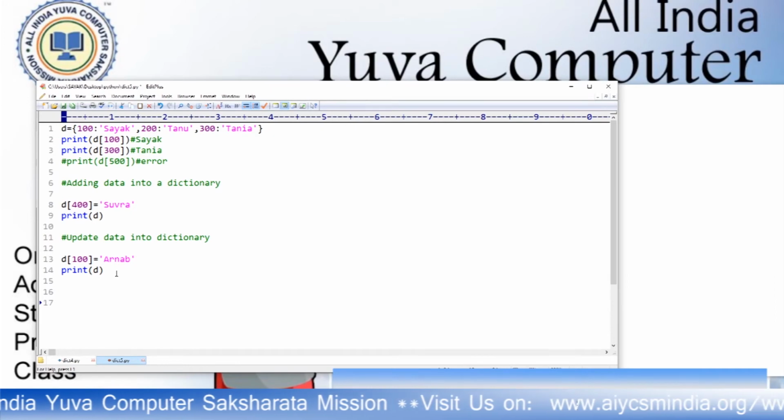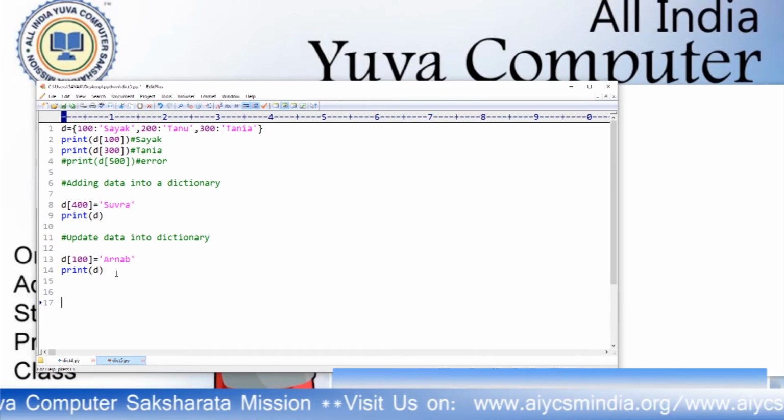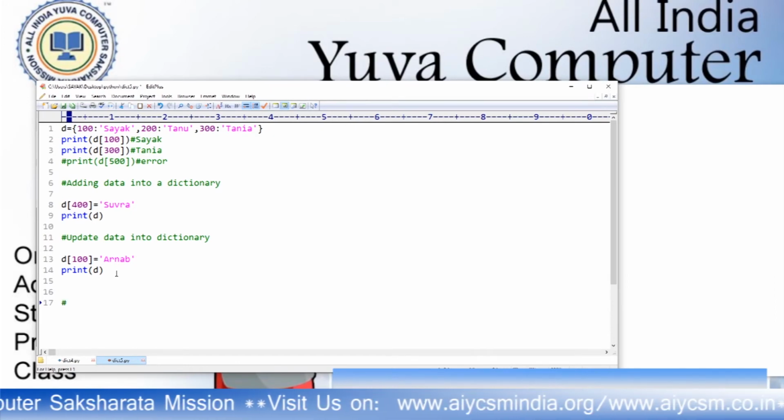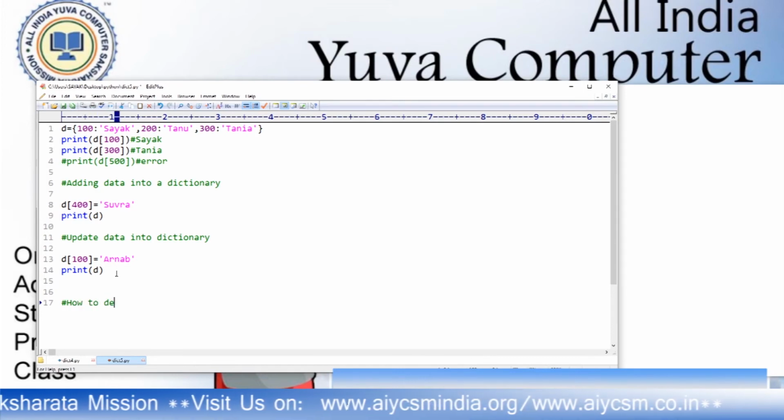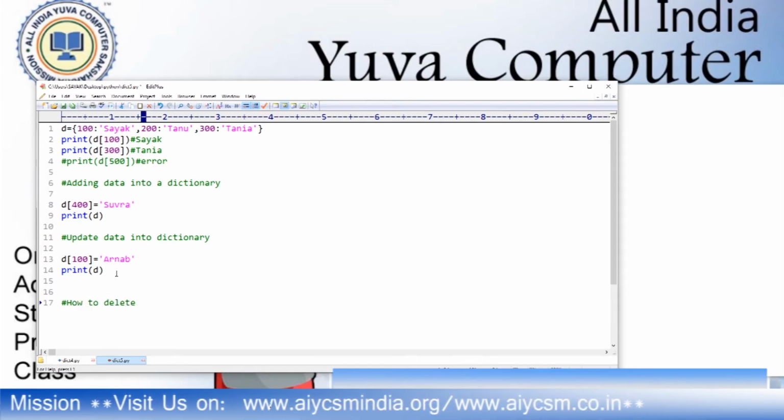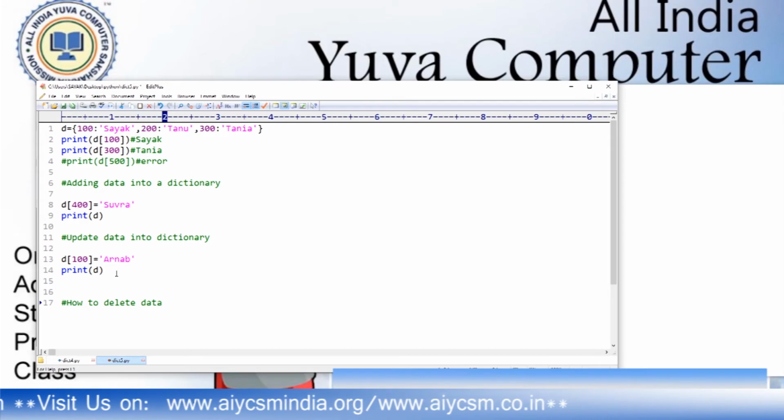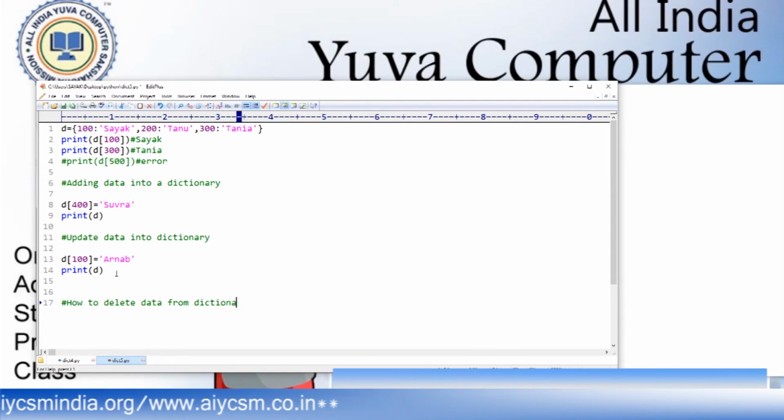So if you want to delete against a key, how to delete data from a dictionary? If I want to delete, del, I have a dictionary.